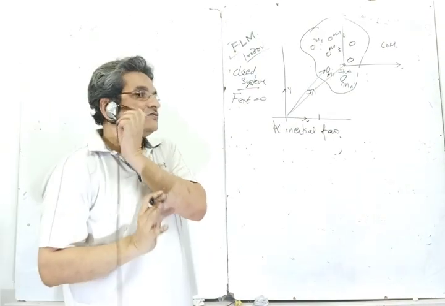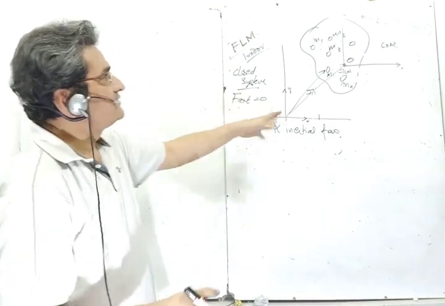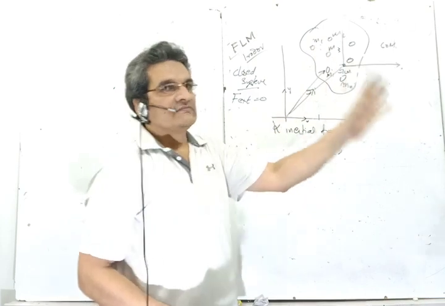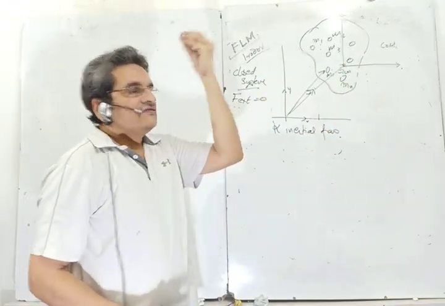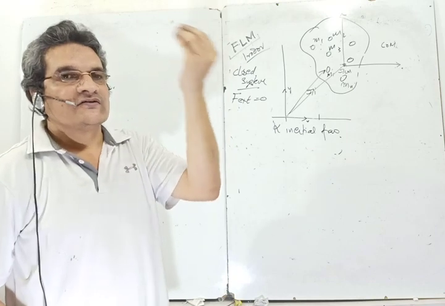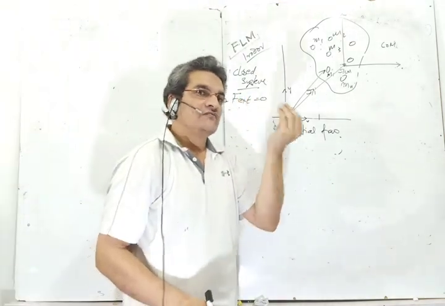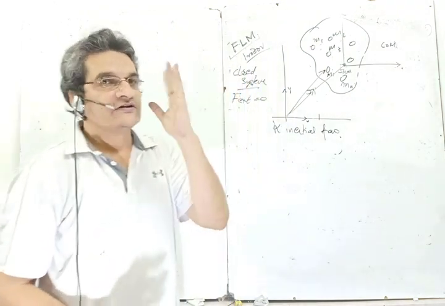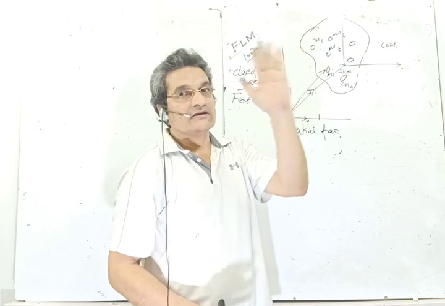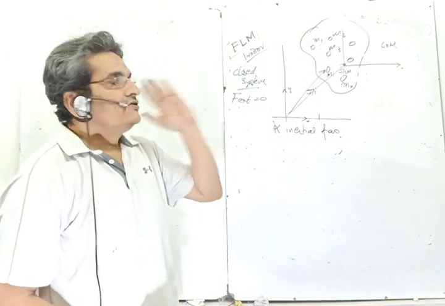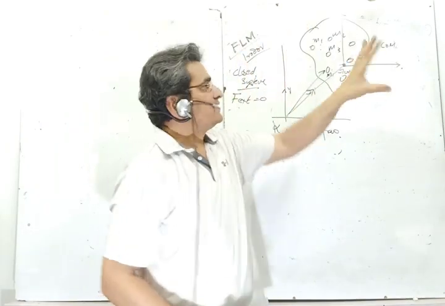So a point we should note, which will also come in the course of the lecture, before I forget, let me mention that if it is a closed system, if there is no external force acting on the system, if the center of mass is initially at rest, it will remain at rest. If the center of mass is moving with a certain velocity, it will move with that constant velocity. So the center of mass has a constant velocity if it was moving at all in the first place. So it continues to move with the same velocity. If it is a closed system, means there is no external force acting on it.